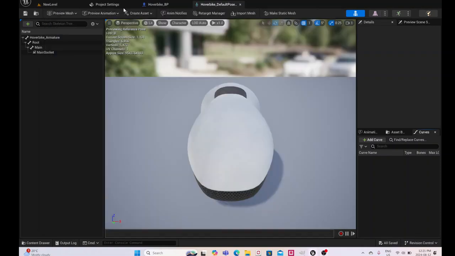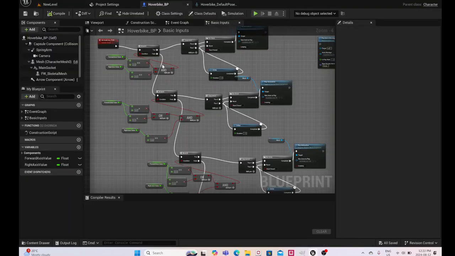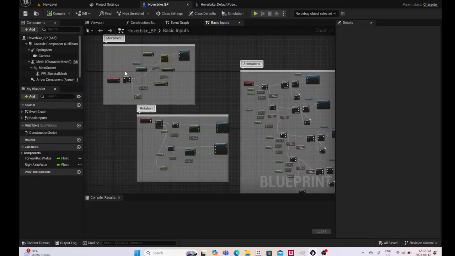Okay, so I already made this video of me doing this hover bike, but the settings on my screen recorder, the frame rate, were too high, so the video ended up being really laggy. So I'm just going to do this again, because everything's already done. I'm not going to explain as I go, I'm just going to explain what I did. So first of all,